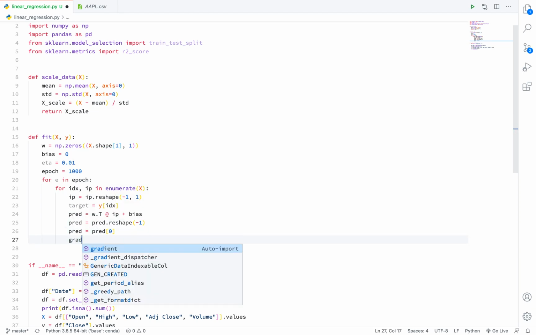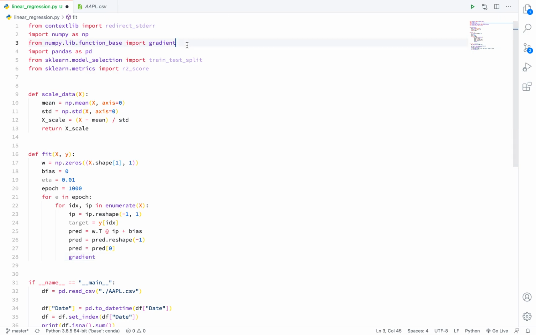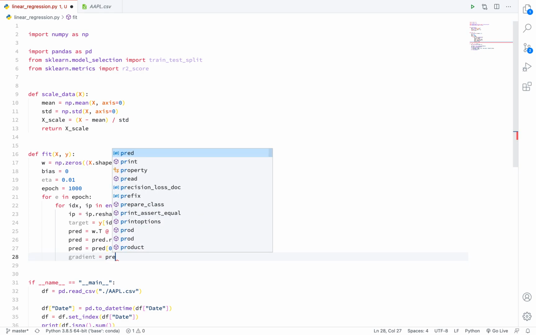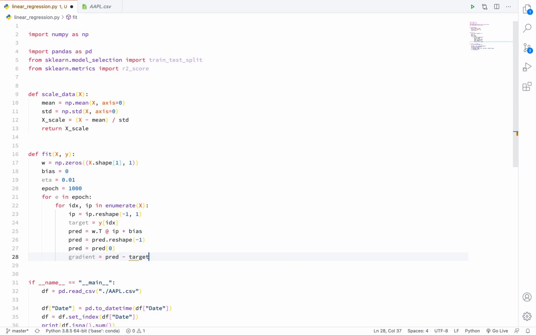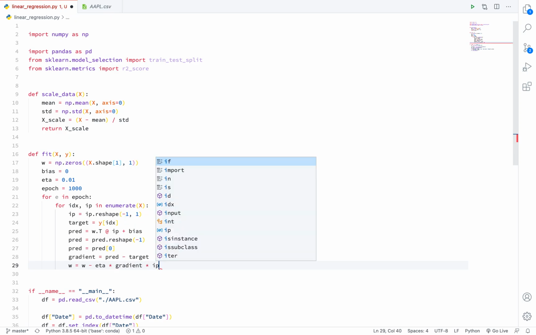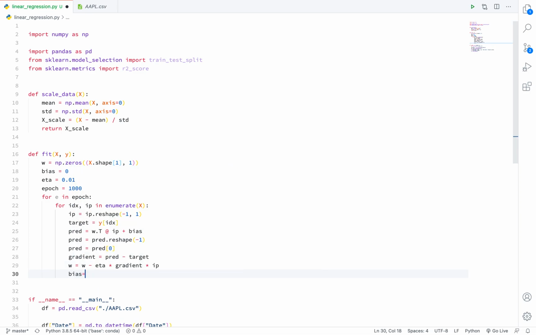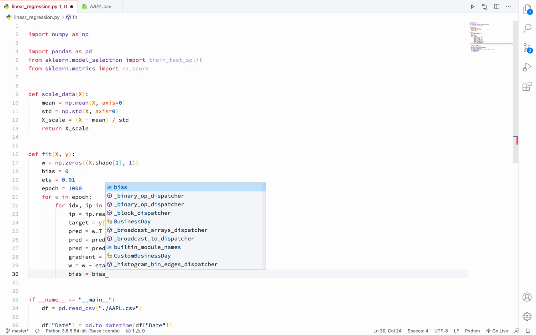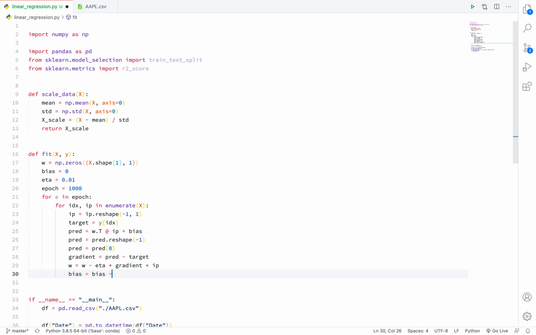Now let's calculate the gradient. Gradient is nothing but your prediction minus the target, and now it's time to write the update rule. So w equals w minus eta, the learning rate, into gradient into input feature, and bias equals bias minus eta into gradient.